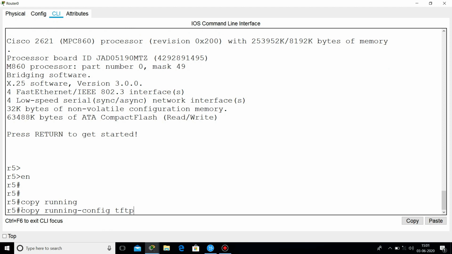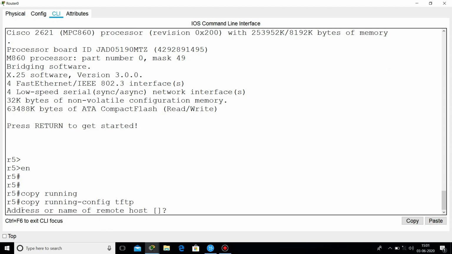When you hit enter, it will ask for the address or name of the remote host. It means tell the location where you want to create your backup. I want to create a backup on the server, and the IP address of the server is 10.0.0.2.